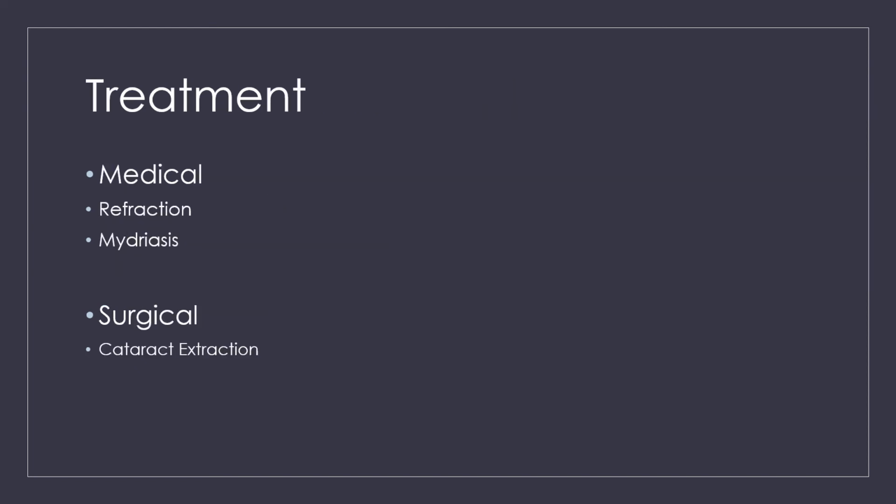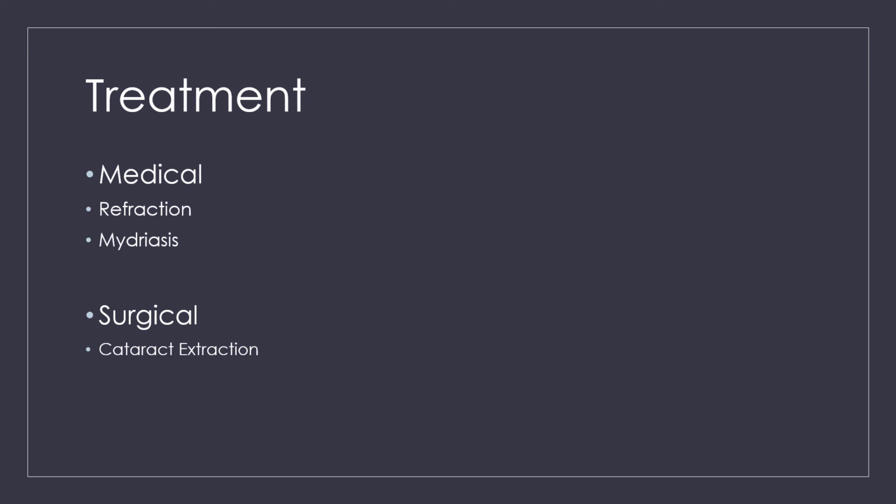Treatment of cataract. As with any other disorders, the treatment is medical and surgical. Medical. Number one, as the cataract develops, it changes the shape of the lens. In cortical cataract, hypermetropia develops and astigmatism develops. In nuclear sclerosis, myopia develops. So if one corrects the refractive errors, the patient might be satisfied with his vision.